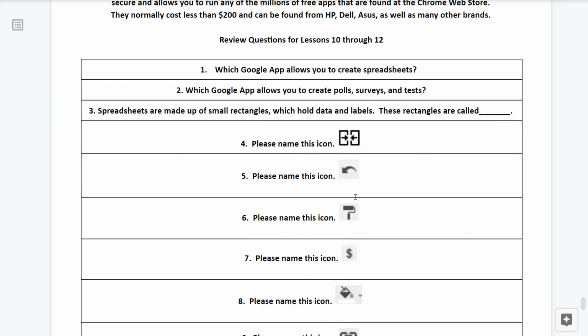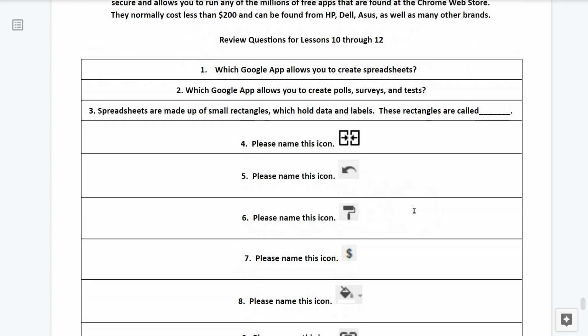We'll now begin the review questions for lesson number 10 through lesson number 12. So if you're doing this for credit and you're in my class, get a sheet of paper, write your name at the top, and then you'll be turning those in to me or to your teacher. If you're doing this online, as we're doing it now through this COVID-19, you may email me the answers. And if you're taking this class for enrichment, you don't need to turn in your work.